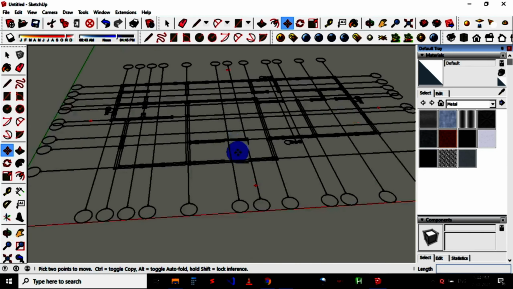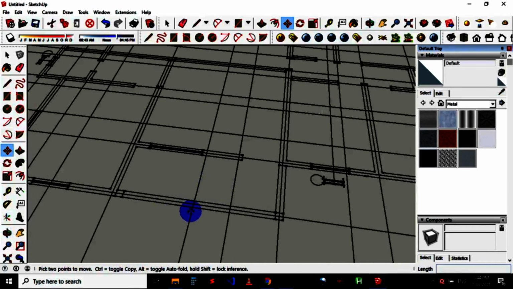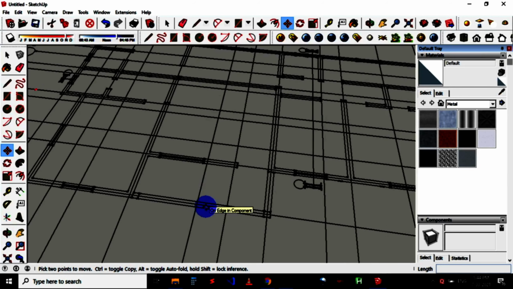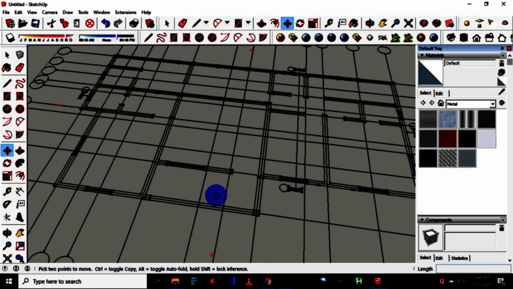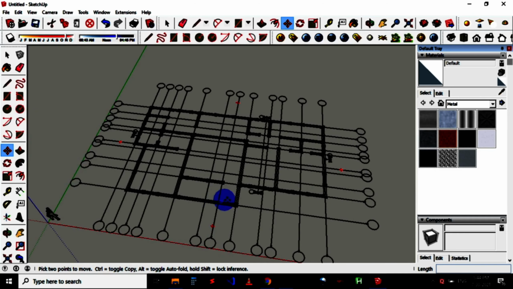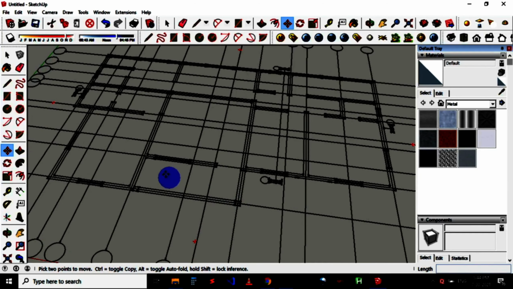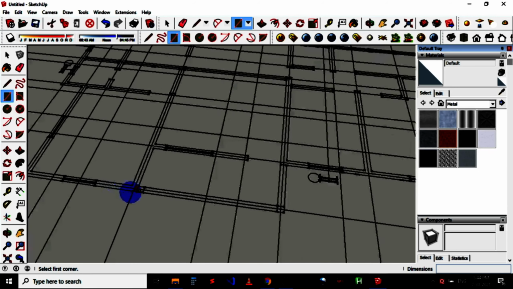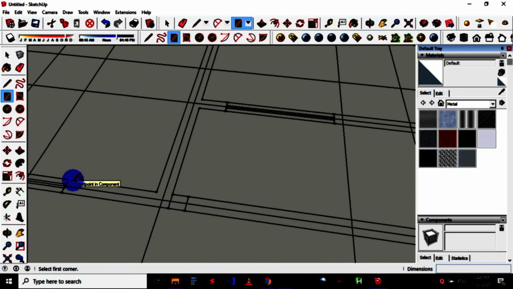So you can see the drawing is now open in SketchUp. It's a DWG file, but it opened in SketchUp. I didn't have to convert it to DXF. Okay, so it's now ready. The drawing has been successfully imported into SketchUp. You can start your 3D modeling design without any problem.